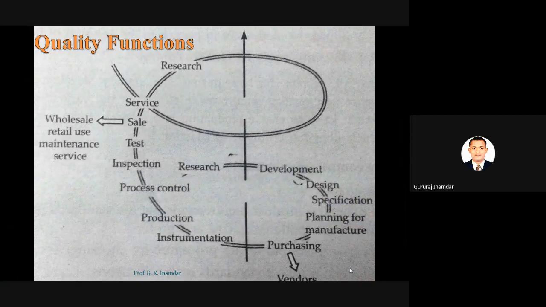Today we will start the quality functions. Actually, what quality functions are followed? What is the way of quality, or you can say the methodology of quality. This is one diagram, the loop of quality. If you see here, that loop will start from research. We have already discussed which factors are important for quality. So research is nothing but